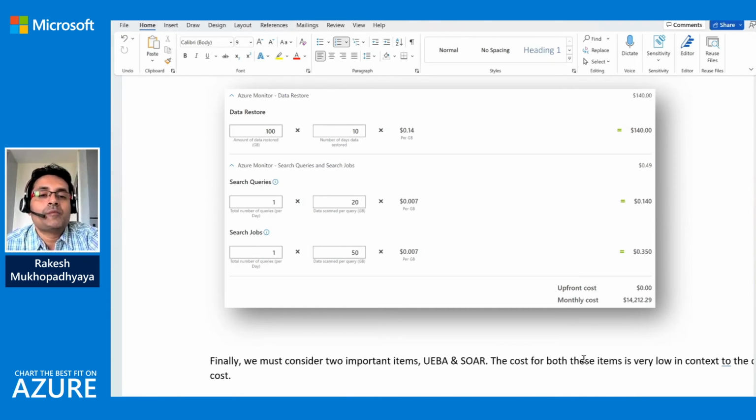So maybe once in 3 months, or maybe 5-6 times in a year, he may want to restore the data. So unless they consume these services, they do not need to pay for this, right? So we do not need to put any number when we estimate the Sentinel bill of material.